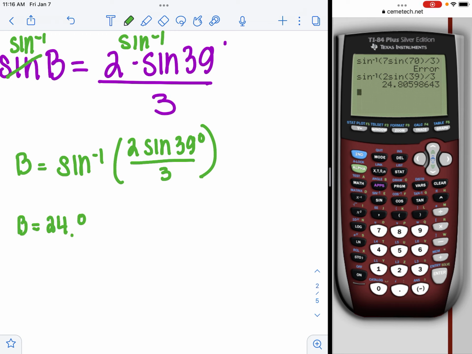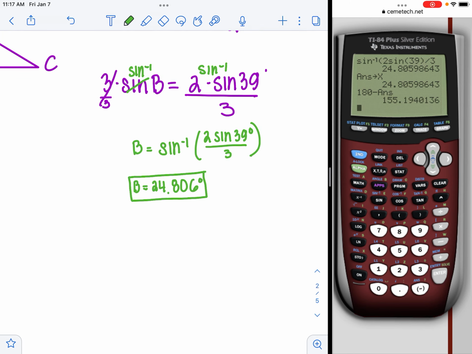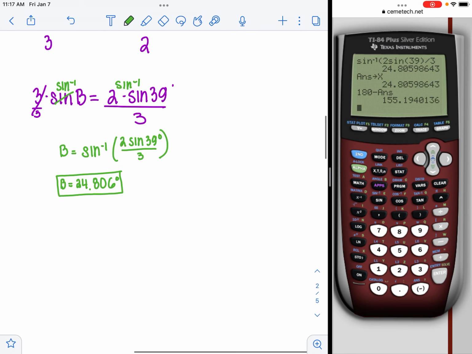So now it's saved so I can't lose it. Now I'm going to check to see if there's another triangle. So I'm going to do 180 minus that. So 180 minus second answer, or 180 minus X, it doesn't matter. And I get